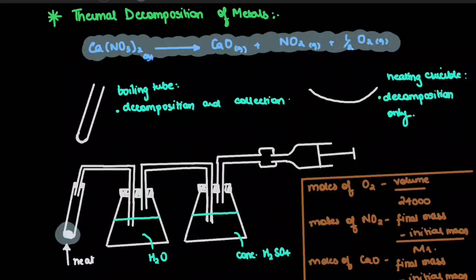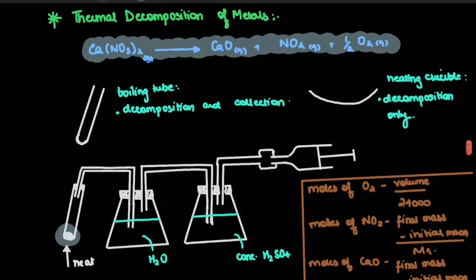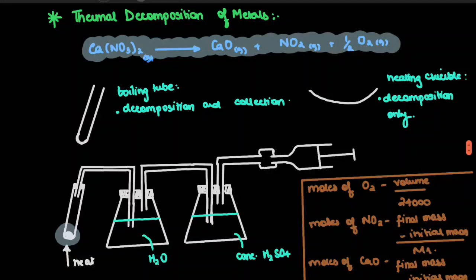Now, why have I chosen water? Because nitrogen dioxide is soluble in water and it will dissolve, while oxygen is insoluble. It will not dissolve. Alright? Now, the oxygen being insoluble rises up, and nitrogen dioxide is dissolved. So, what will happen is that this oxygen moves through the other tube into the flask containing